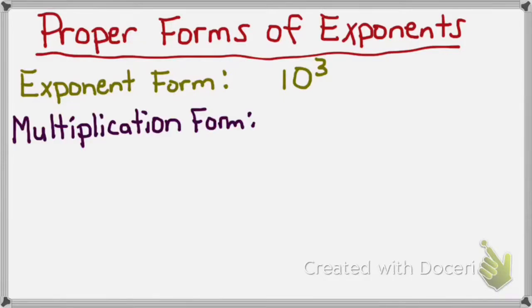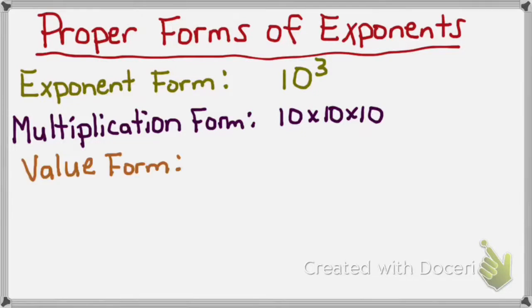The next form I have is multiplication form, so that's what does 10 to the third power look like? It looks like 10 times itself 3 times, because base is showing itself to the fifth graders 3 times. So we have 10 times 10 times 10. And another form we have is the value form. That's what the answer is equal to, or the value of 10 to the third power. We multiplied out 10 times 10 was 100, times 10 is 1,000,